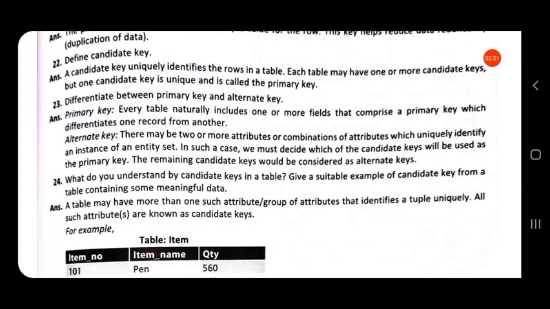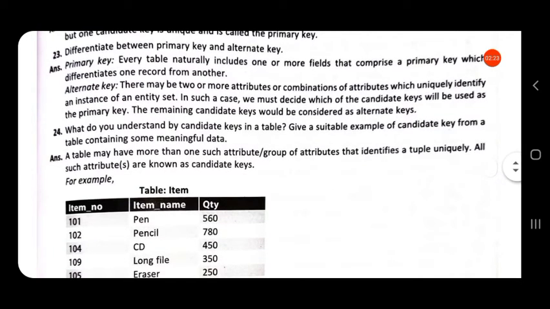Then, what is the difference between primary key and alternate key? In a candidate key, one key is selected as the primary key. Then the rest of the keys are taken as alternate keys.